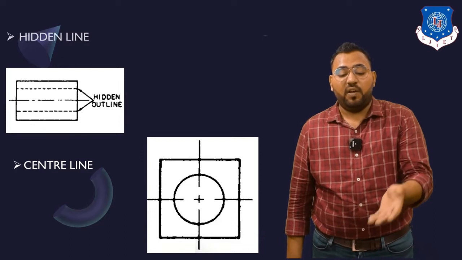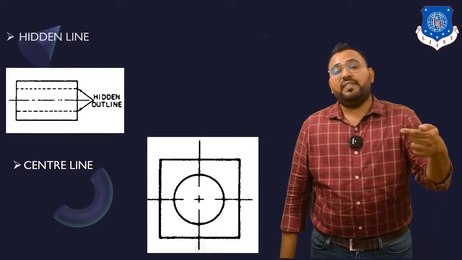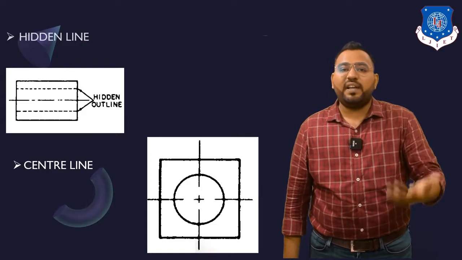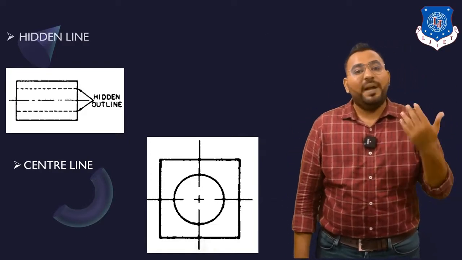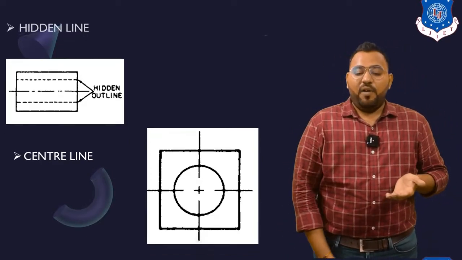Also you can see one circle on the figure of the center line. So a center line is used for showing the center of the circle, and it is also used for showing the symmetry of the object. Okay, now next,